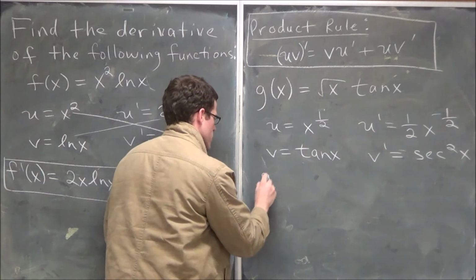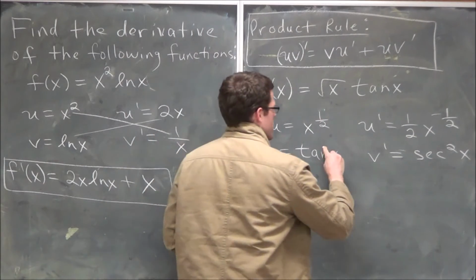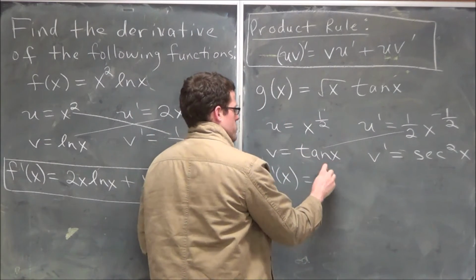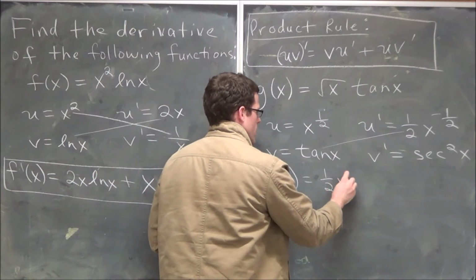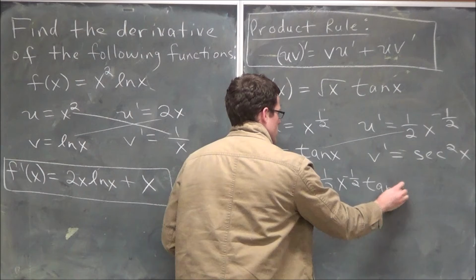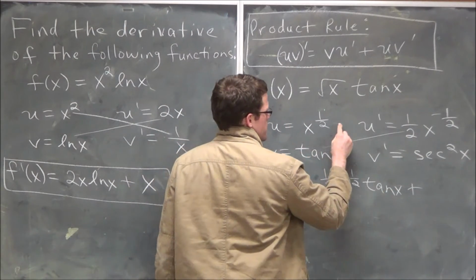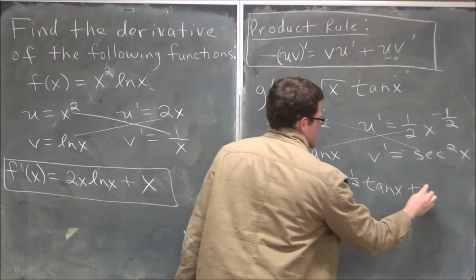This time we're evaluating g prime of x. And this equals vu prime, which is going to be 1/2 x to the negative 1/2 times tangent x, plus, and now we're going to add the product uv prime here, which is x to the 1/2